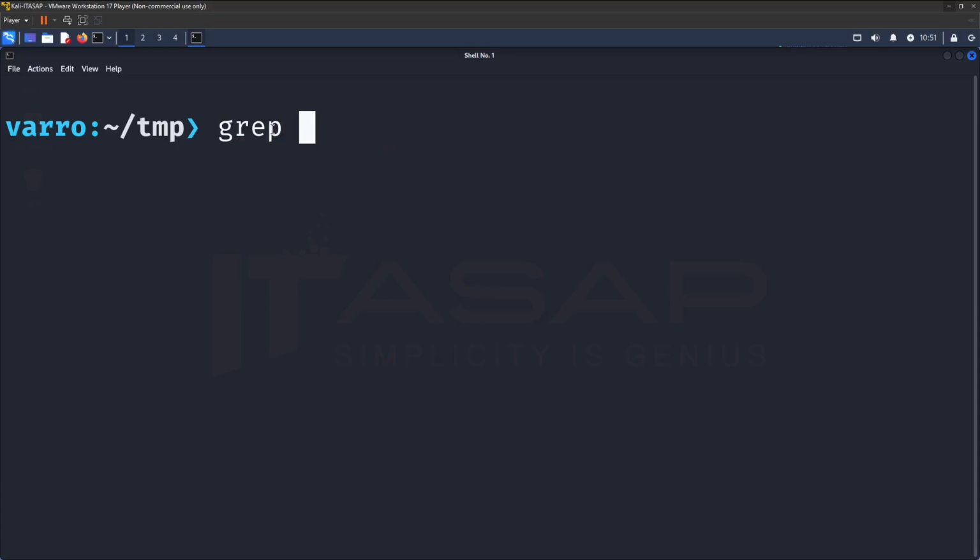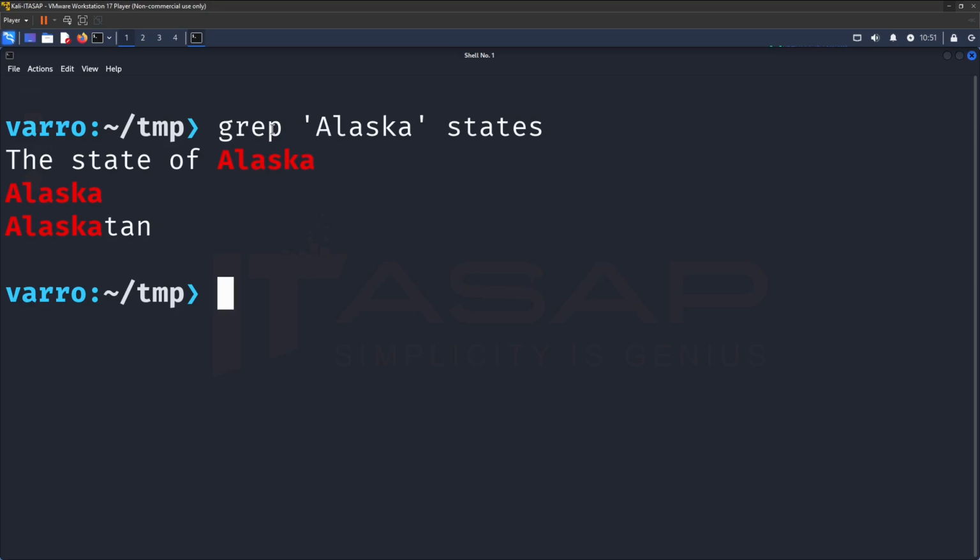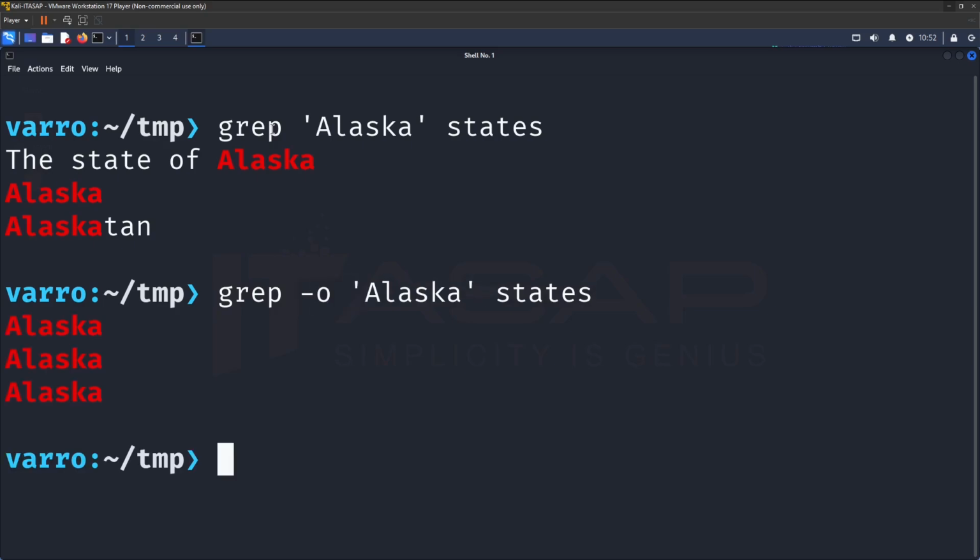Let's search for the pattern Alaska in the states file. Okay, we got 3 hits there. Now, what if we want to only see the patterns we matched? We'll do the same search again, but we'll add the -o option. You can see that the -o precisely extracts the matching pattern, and not the entire line the matching pattern is